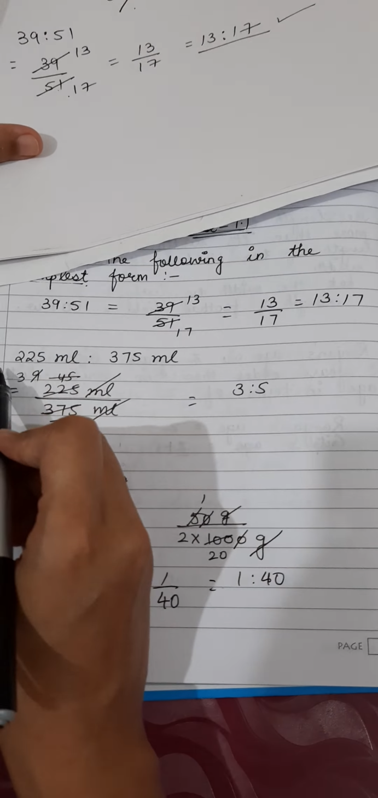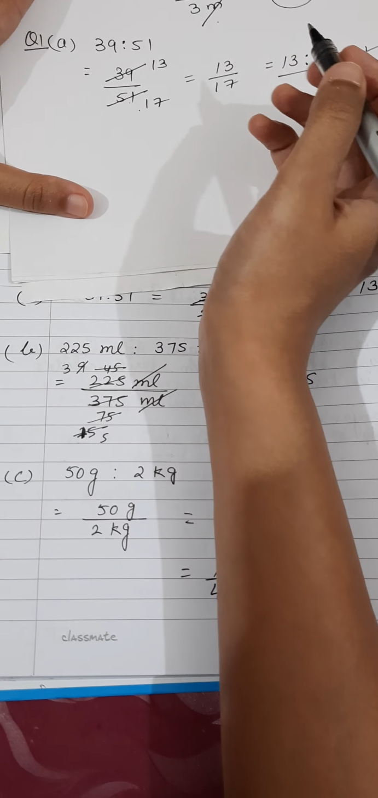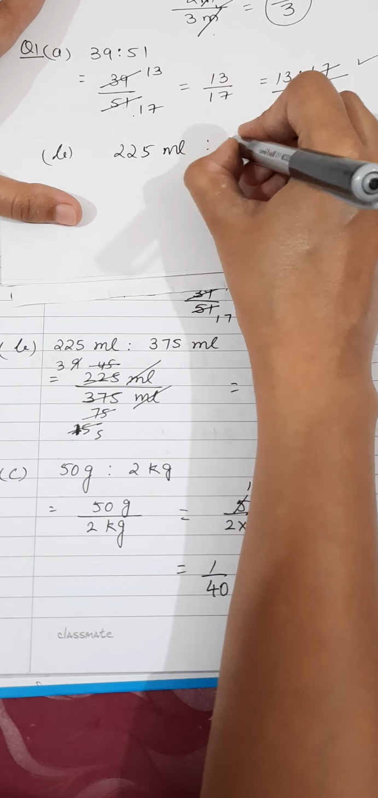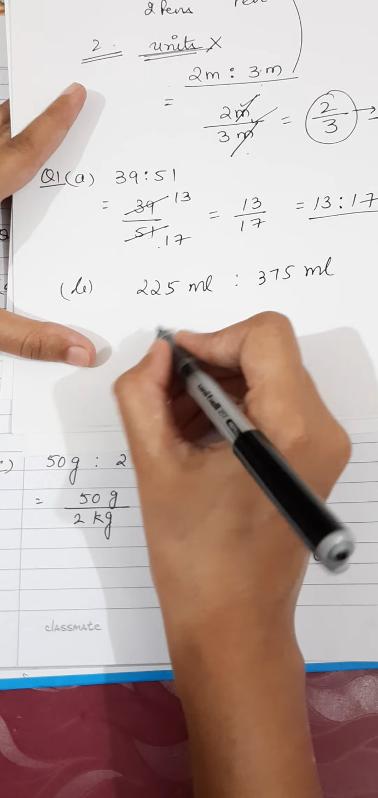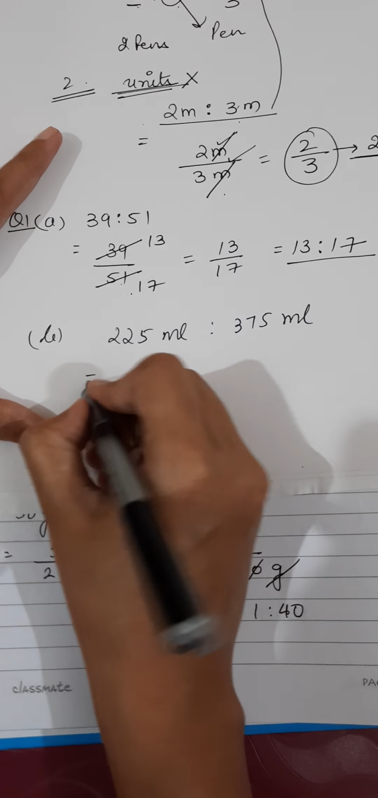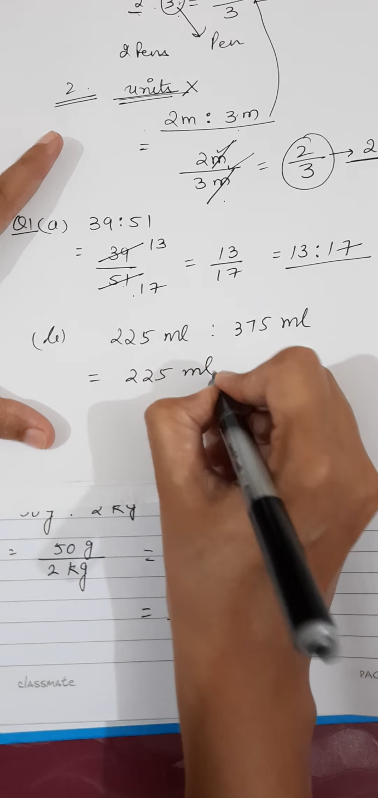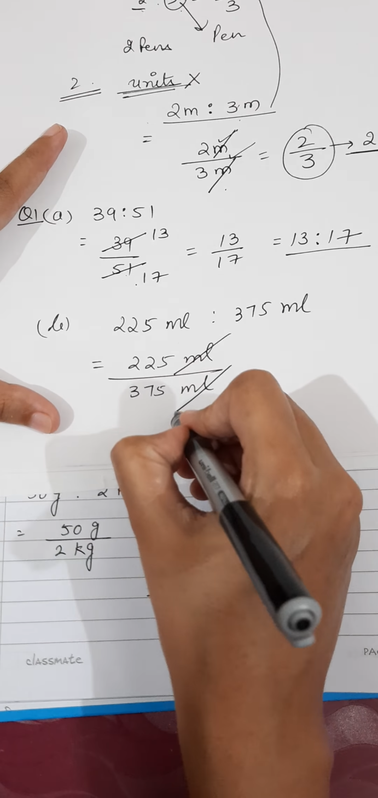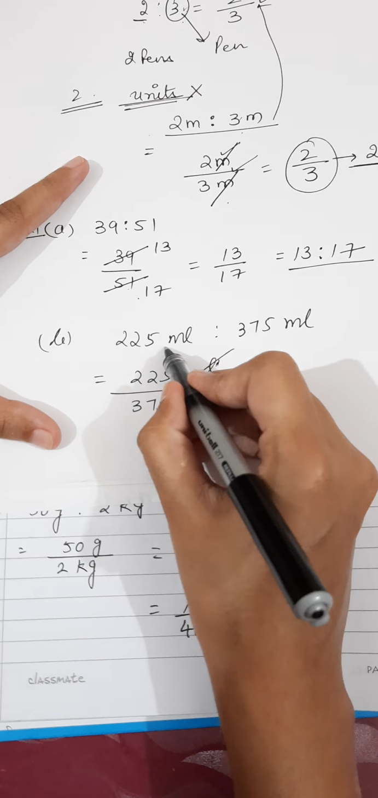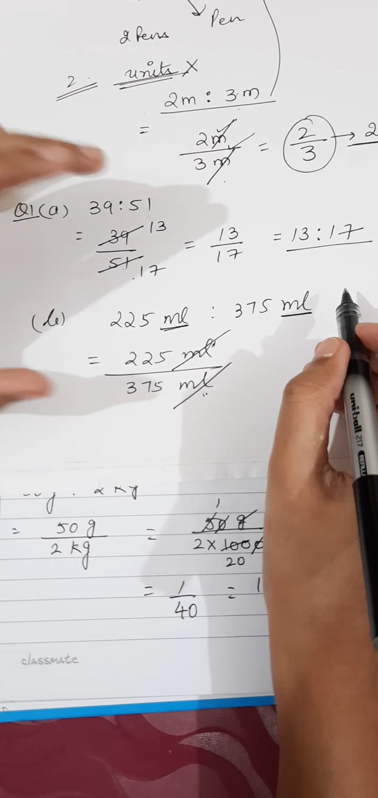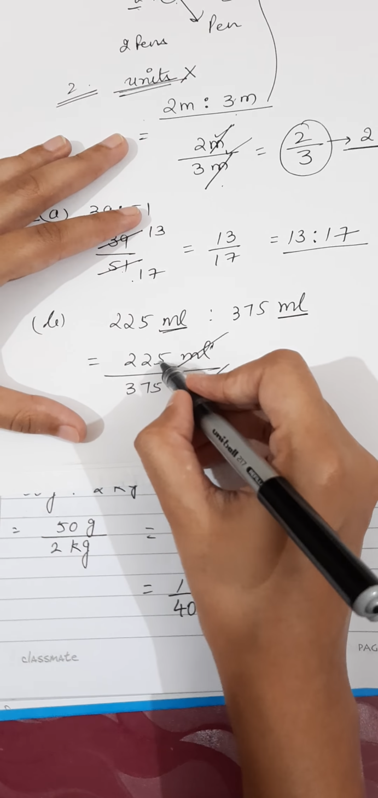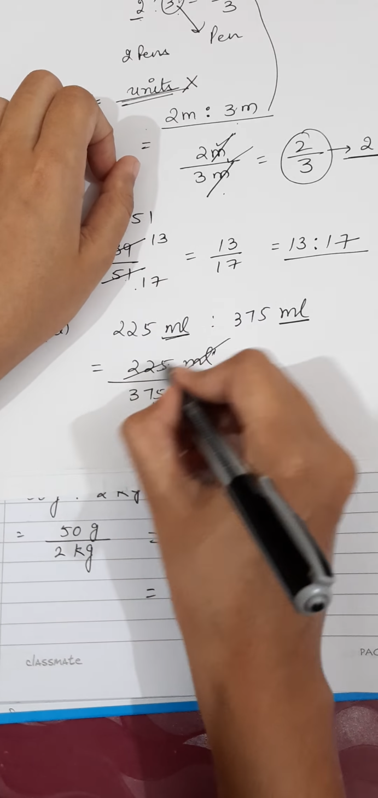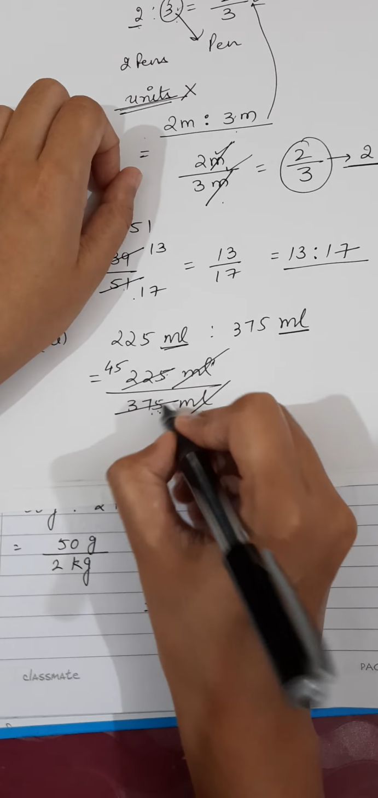Now let's move to question number 1, B part. It is 225 milliliters is to 375 milliliters. The ratio given in the question I can write as 225 milliliters upon 375 milliliters. Milliliters, units are getting cancelled. Units have to be the same. If they are not the same, we have to make them the same. Next, I am going to cancel these two. Firstly, I am going to cancel on the table of 5. It will go to 45, and this will go to